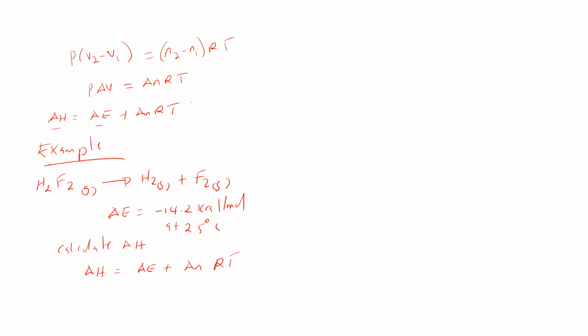The change in number of moles: this is 1 mole, this is 1 mole, this is 1 mole. So there are 2 moles here, there's 1 mole here. And so delta N will be equal to